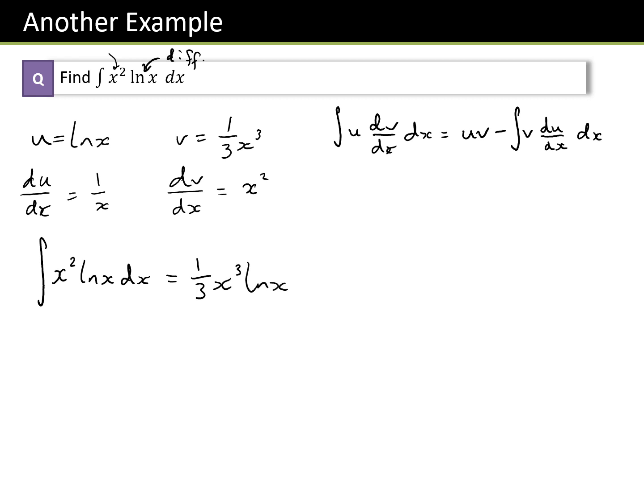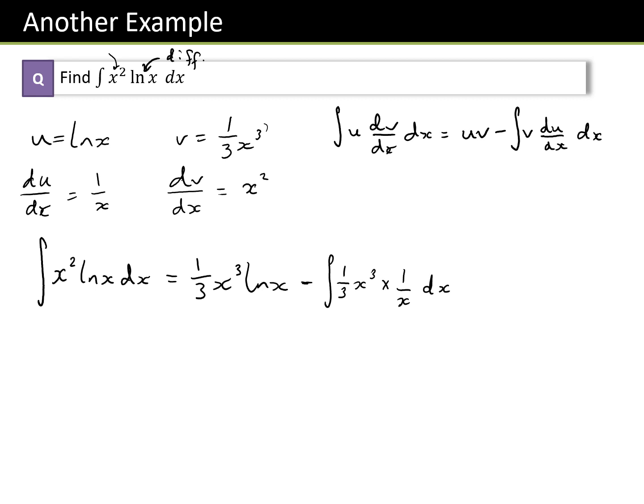I always put any sort of polynomial, so x cubed, x squareds, in front of a natural log. Otherwise it'll look a bit strange. Natural log times whatever afterwards, it looks weird. Okay, stick the minus in. We're integrating v du dx. V is a third of x cubed. Du dx is 1 over x